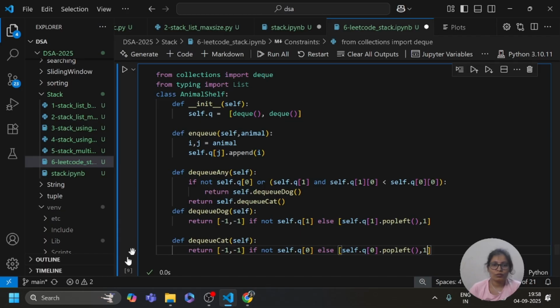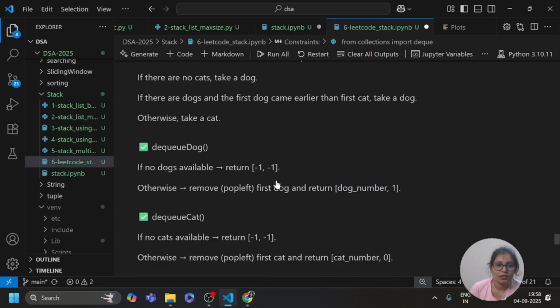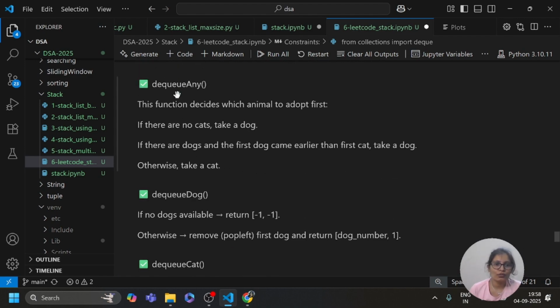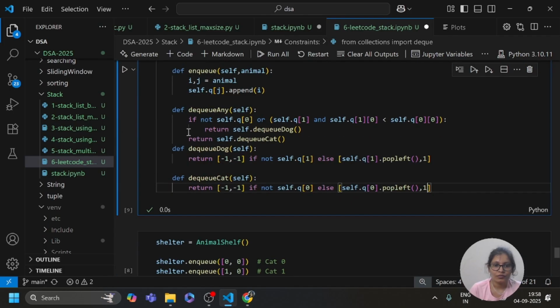So we can see dequeue any decides which animal to adopt first. If there are no cats, it takes a dog. If there is a dog and the first dog came earlier than the first cat, take a dog, otherwise it takes a cat.